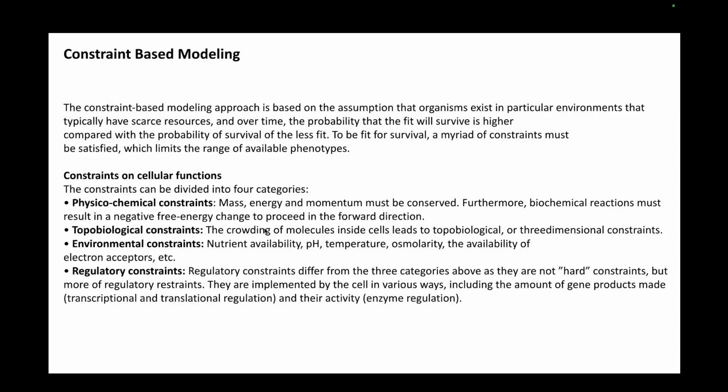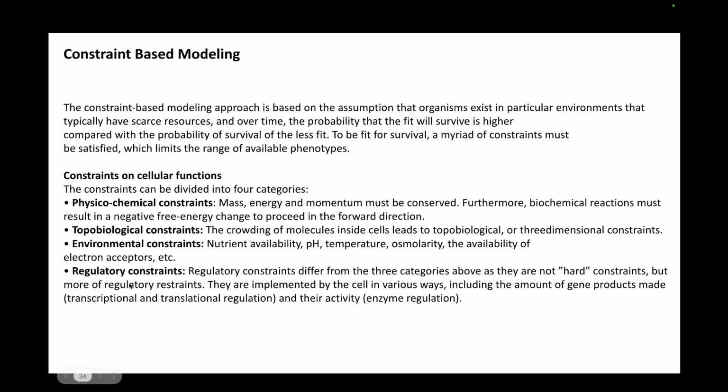So for example, steric constraints inside the cell, or any kind of three-dimensional constraints inside the cell that do not allow a particular reaction or a particular interaction, or that may specifically allow for that particular interaction, depending on your network and model. The other type of constraints are environmental constraints, which are basically nutrient availability, pH, temperature, etc., and your